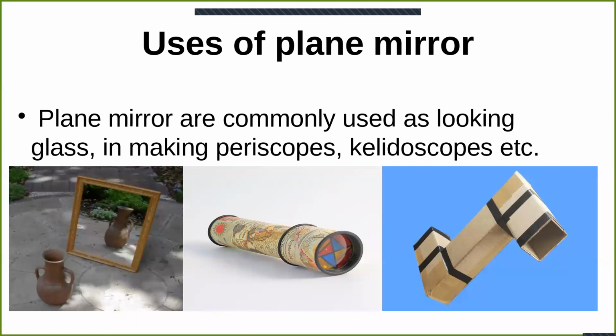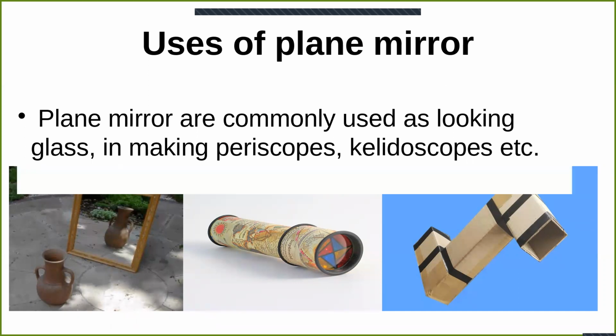Look at the diagrams, look at the pictures. First one is the looking glass, which means we are using the plane mirror as the looking glass. Second one is the periscope, and third one is the kaleidoscope. Looking glass, periscopes, kaleidoscopes, these are all made up of plane mirrors. Okay. Next, we move towards